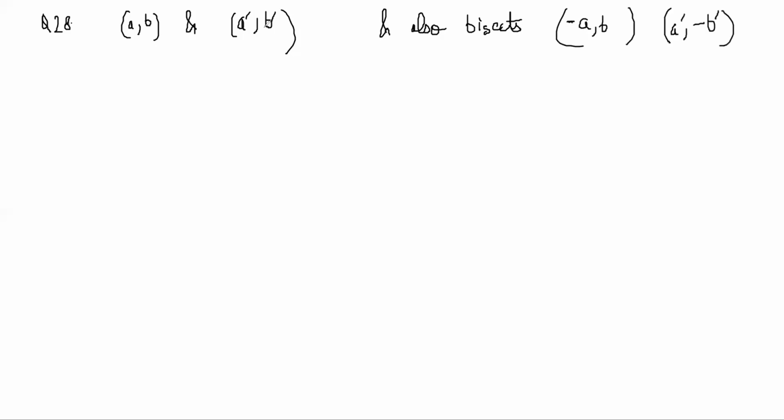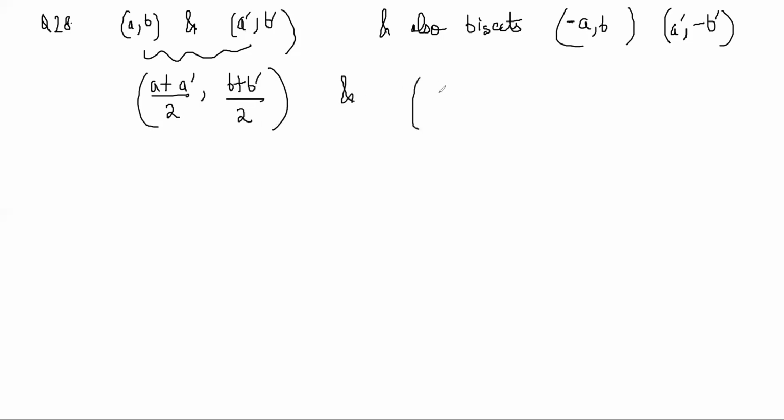Again, it bisects the distance between, so this is becoming (a plus a dash) by 2. It passes through this point and through